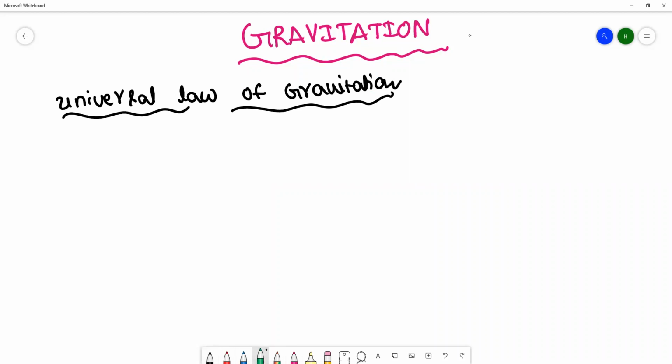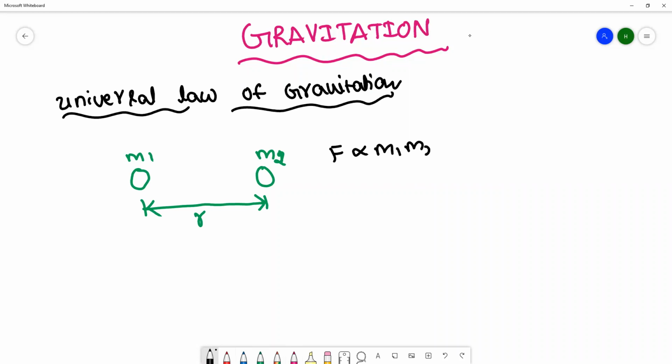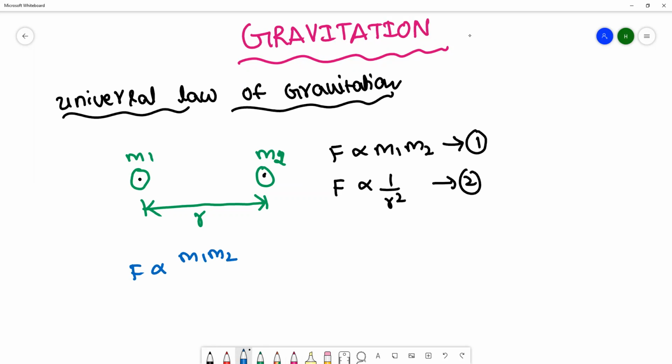Let us consider two masses, m1 and m2, separated by a distance of r. According to Newton's law of gravitation, the force is directly proportional to the product of the two masses. Let us consider this equation 1. And the force is inversely proportional to the square of the distance between the two masses. Consider this equation 2. From equations 1 and 2, F is directly proportional to m1 m2 divided by r